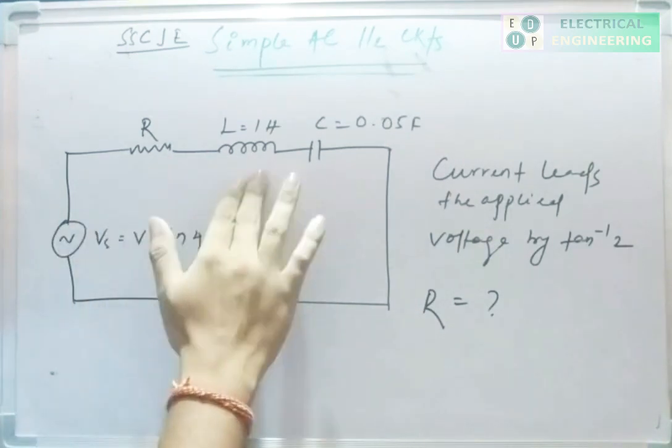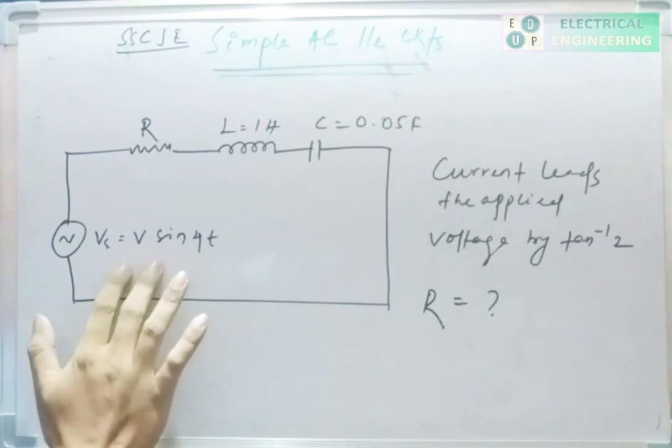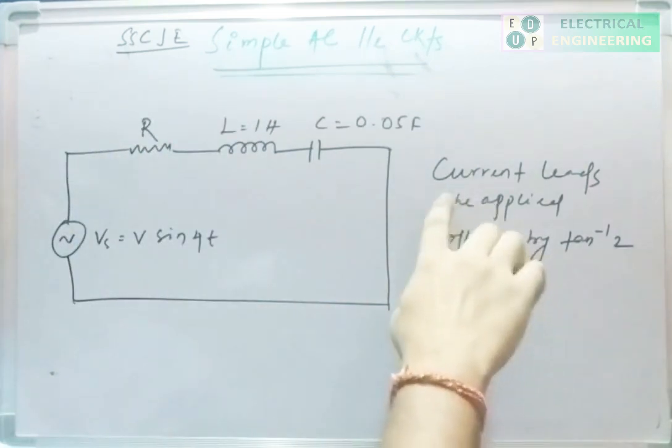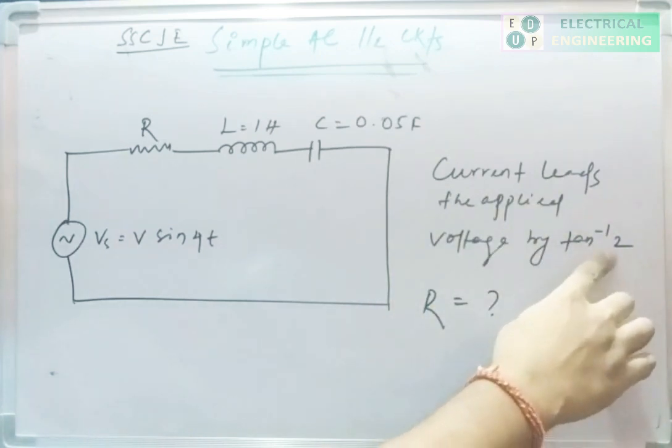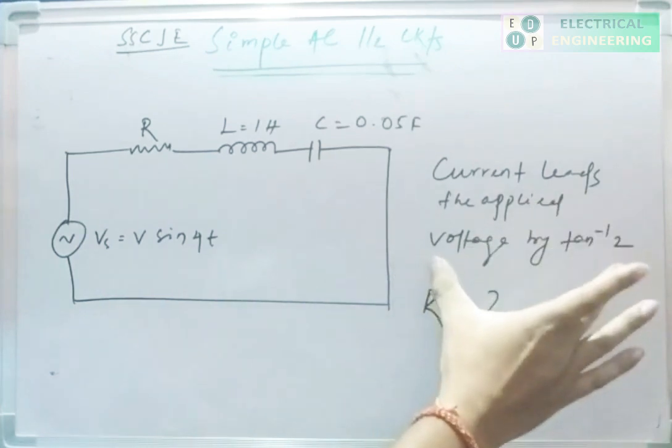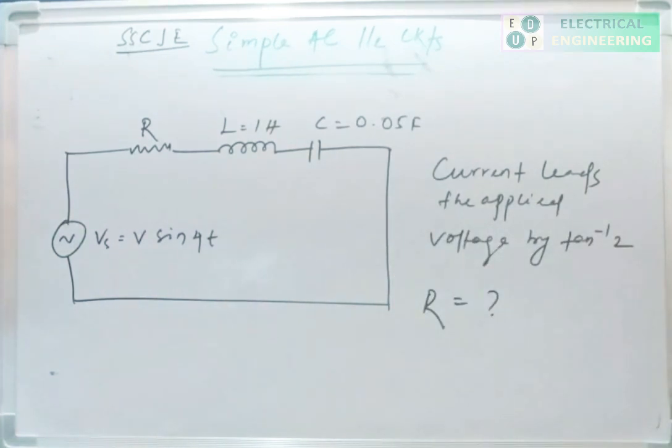R is unknown, L is given, C is given and the source is given. So we just have to find out R. One more thing is given: current leads the applied voltage by tan inverse 2. Using this hint, you can find out the resistance value. Okay, just do it and post it